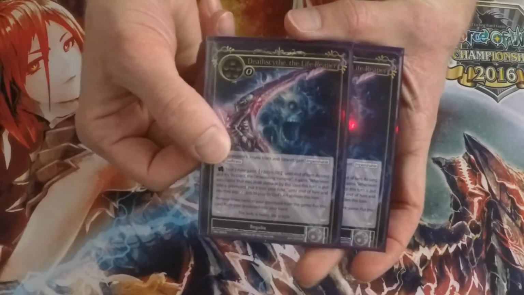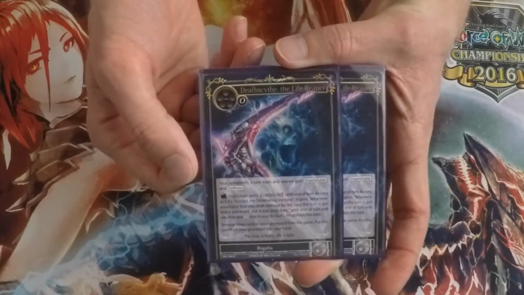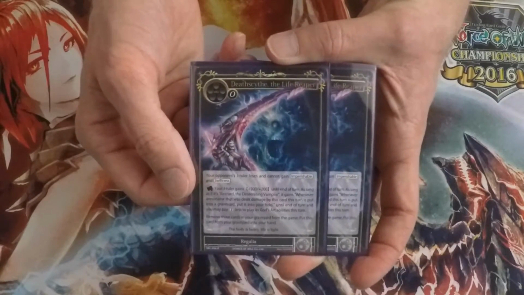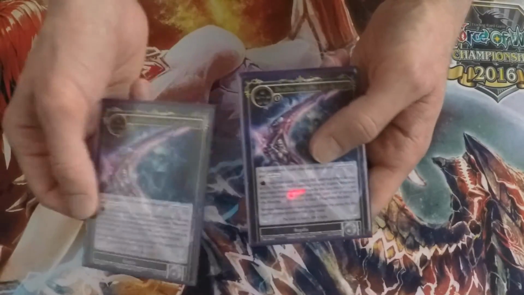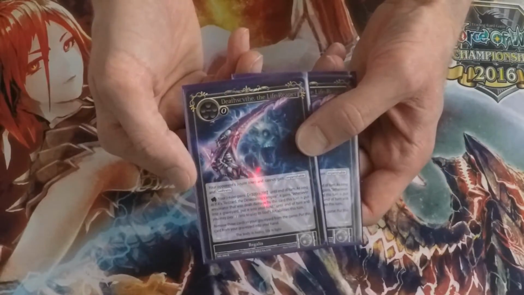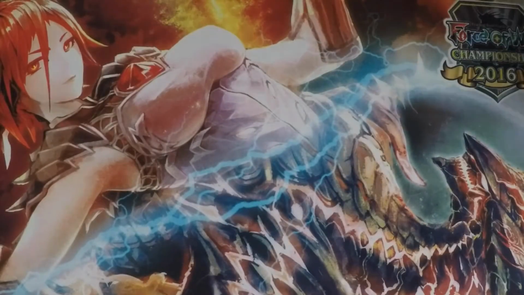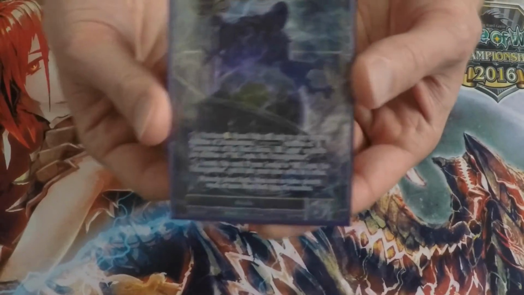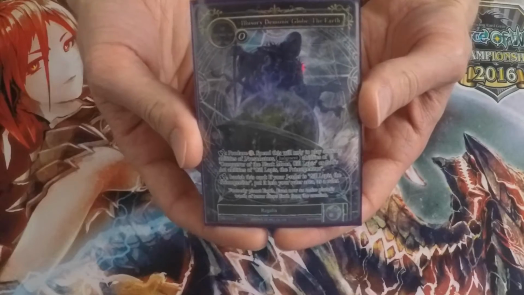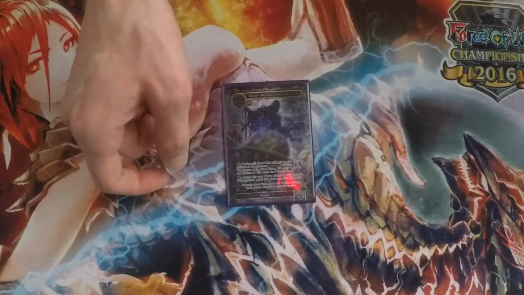Then we have 2 Dethscythe the Life Reaper. This is a great card against Valentina 2.0, also against Bahamut. So it's just good to have these so you don't get totally hosed by those strategies. Then I have 1 Illusory Demonic Globe the Earth. You might wonder, what in the world is this doing in the deck? This comes in with the next card,